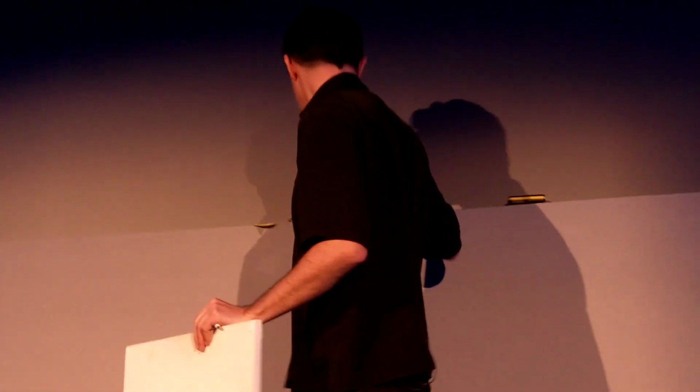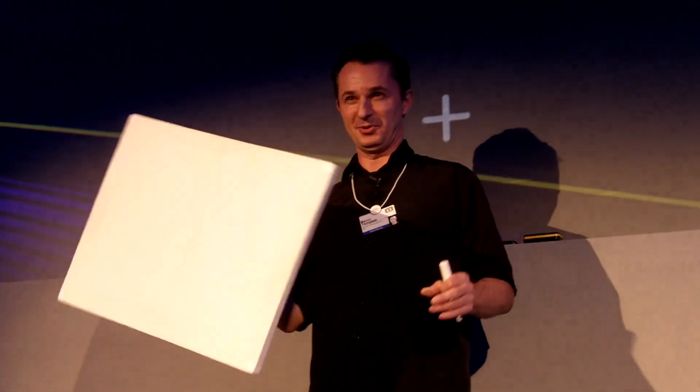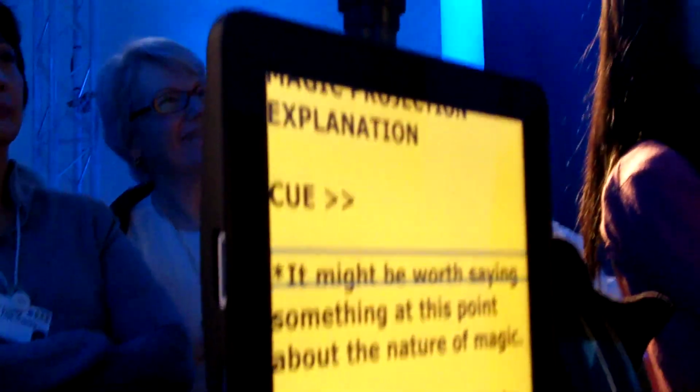In the spirit of a truly open source magician, I'd like to give you a sneak peek behind the curtain on how this actually works. In front of me is a little video projector. Mounted on it is a high-speed camera, which you see right here. The camera has an infrared passband filter. That filter enables the camera to see tiny little infrared LEDs, with magnets, embedded in the corners of this canvas, which means no matter how I move this canvas, the projection can follow